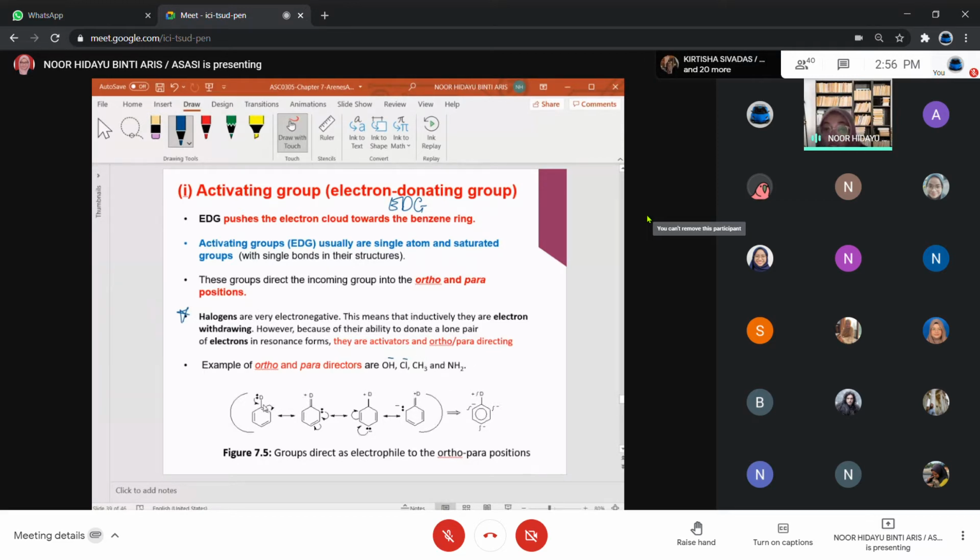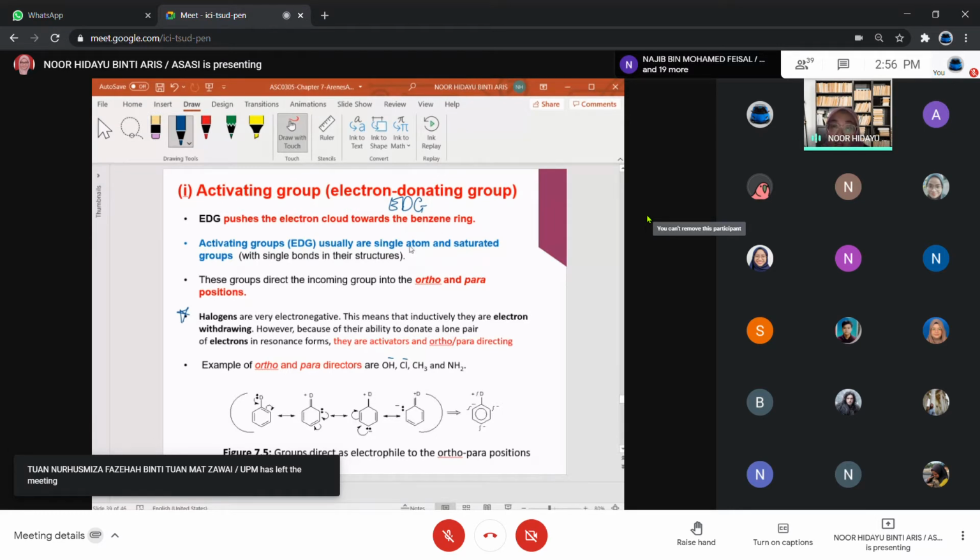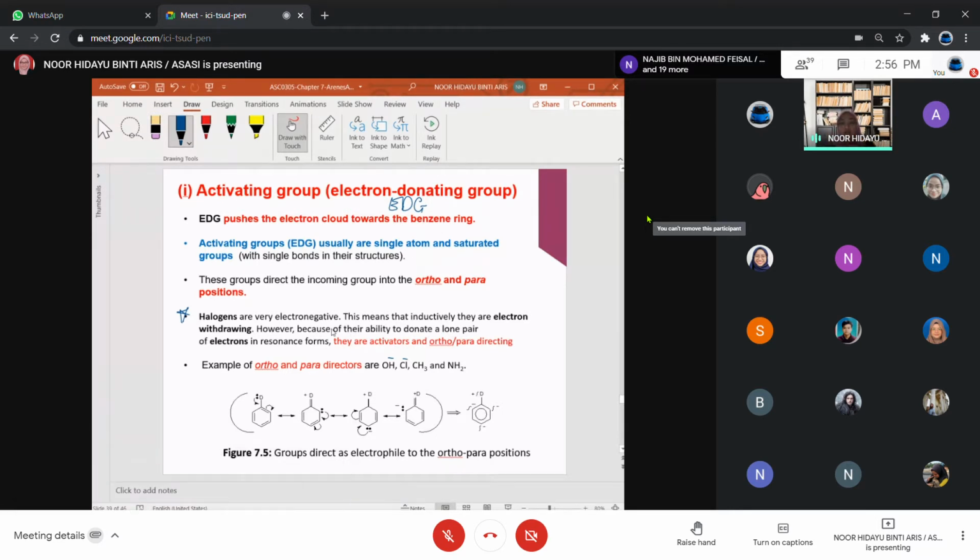Maksudnya dekat sini, kalau kita ada substituent yang asalnya dah bonded dengan benzene, and that substituent adalah activating group ataupun electron donating group. Contoh OH, Cl, methyl, any alkyl, methyl, ethyl, propyl and so on, and also NH2 which is aniline. Okay, what happened? This group will act as an electron donating group. Donate maksudnya dia sendiri akan donate the electron dekat benzene. Okay, so you tengok kat sini. Okay, let's say we have example, I change this one into